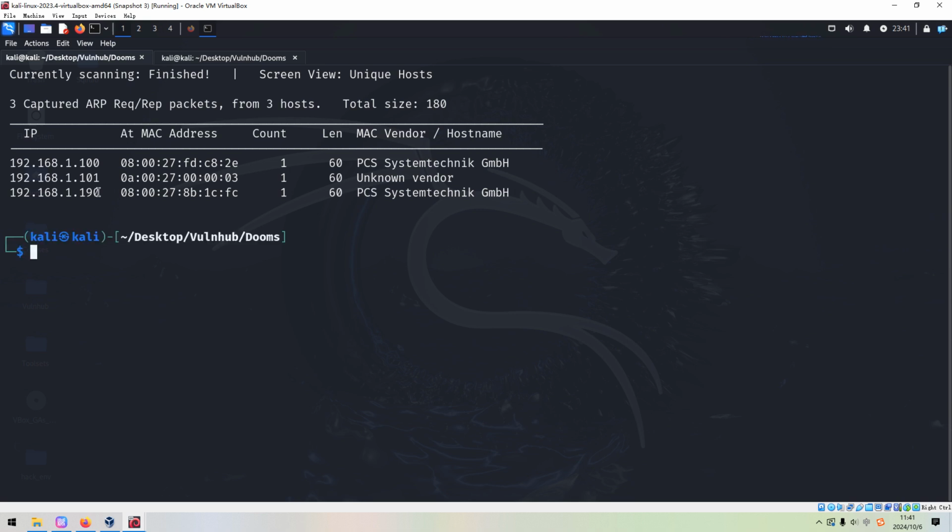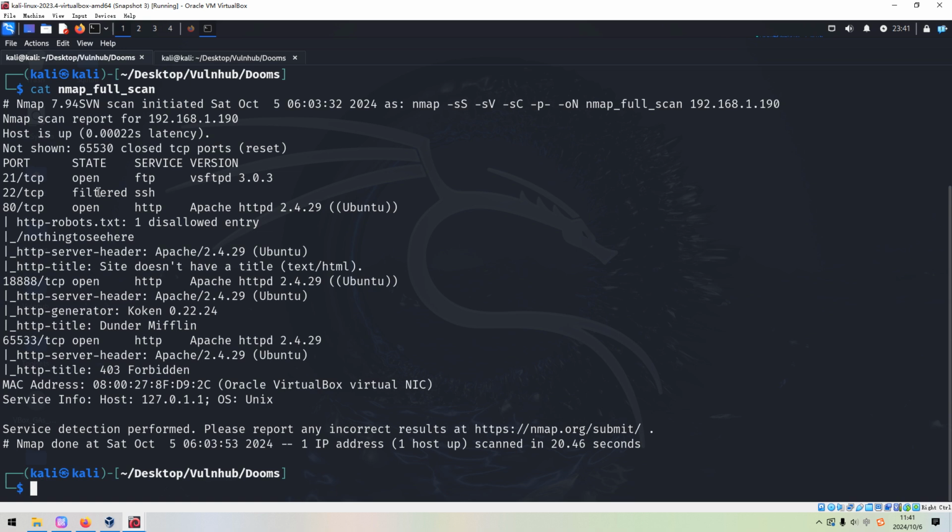190. So what are we going to do next? We need to do the port and service scanning with Nmap. To save time in this video, I've already completed it before, so now I just cut out its result. As you can see over here, I used options like SYN scan, version scan, default script scan, followed by -p- to do the full range port scan. The last option, -oA, is to output the result into this file.